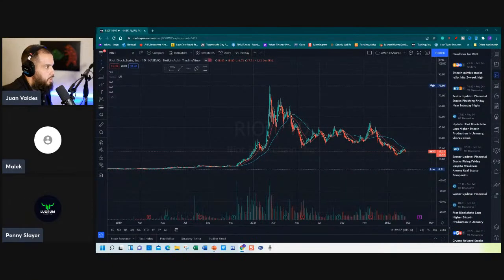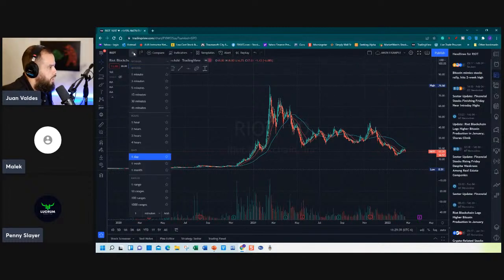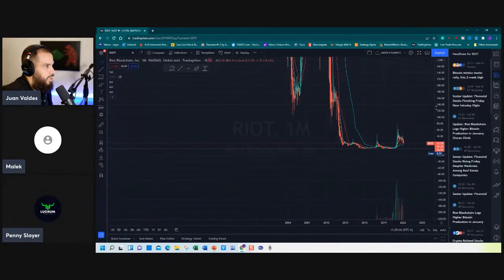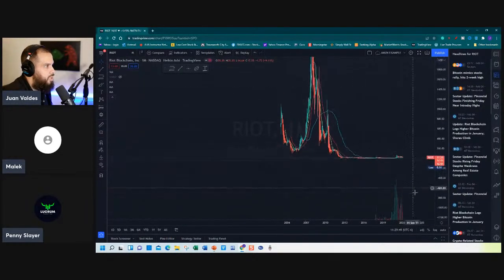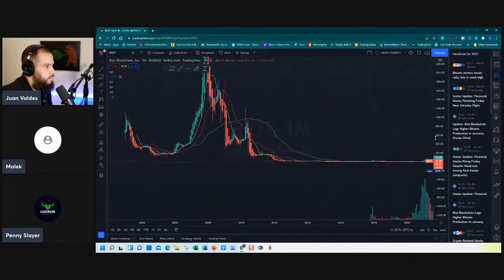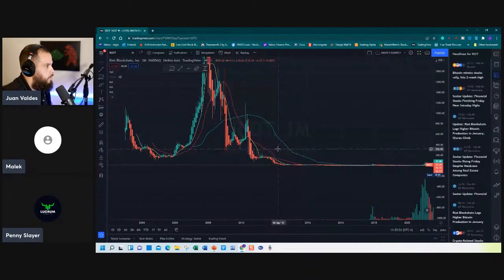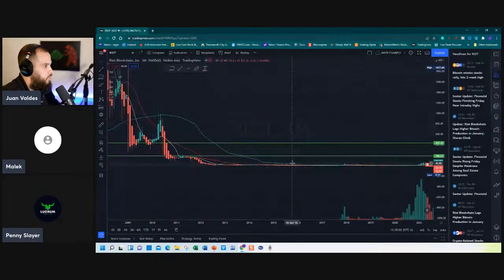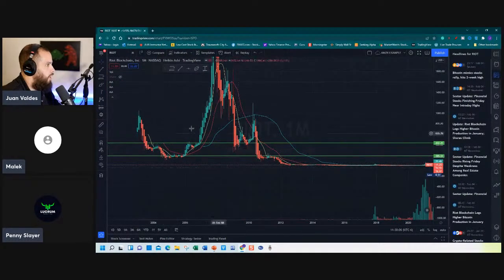So my process, if I get a stock like Riot, let's just say it's on my watch list. I'll start off with the month and start building some trend lines. That's kind of my process here. I'm not going to do all the support and resistance lines, but I'll give you an idea. I'll start building some areas that I would be interested in. I would do a lot more. And I also color code them. So for the month, I'll do like a maroon color